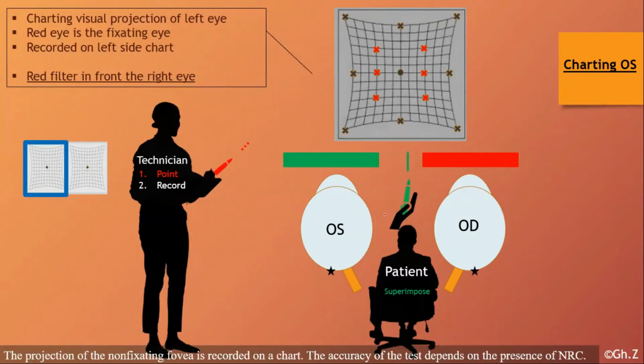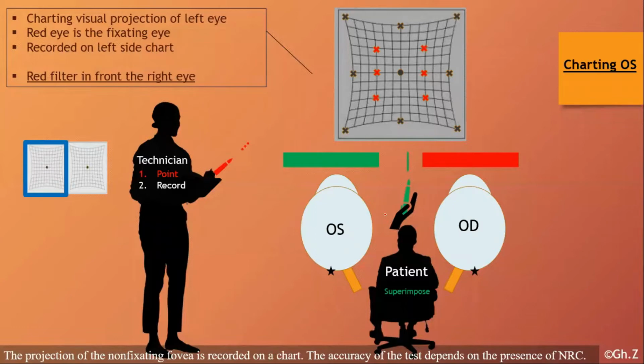I think you remember the video I made about Hess chart, with a real patient and the technician doing the Hess chart. So we have a lot of information in this slide. I made this slide to summarize everything, but it is crowded now. Let's go one by one. Here is the patient, who should be sitting in front of something called the Hess chart. And the patient is holding, this is his hand, a green laser pointer. It should be green, conventionally.